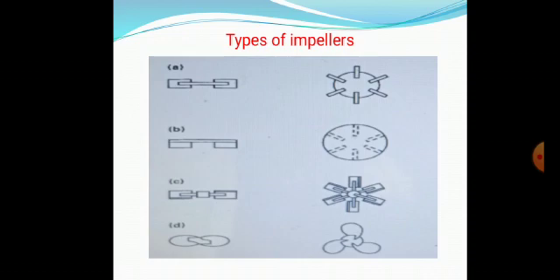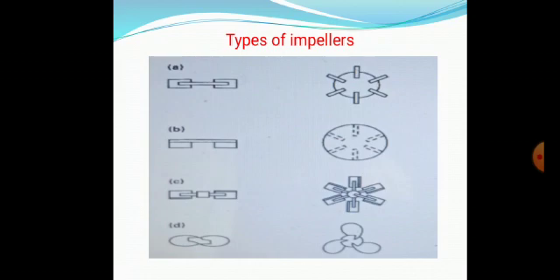You are opening the lid of the fermenter and you are observing it. It will look like that. So the first, A, is called the disk turbine, B is called the vaned disk, C is the open turbine, and D is called the marine propeller. So here, the first type, what is a disk turbine? It is nothing but it is mounted on to a shaft through a bearing in the lid.